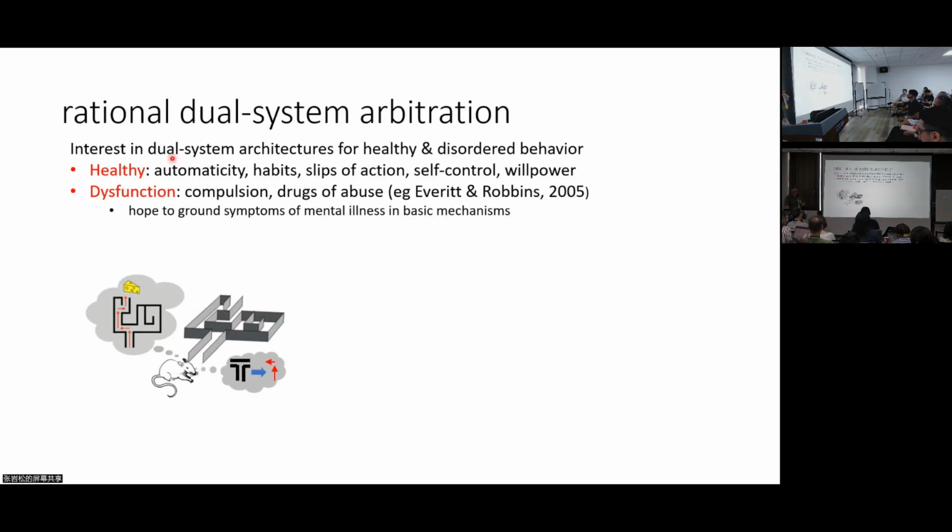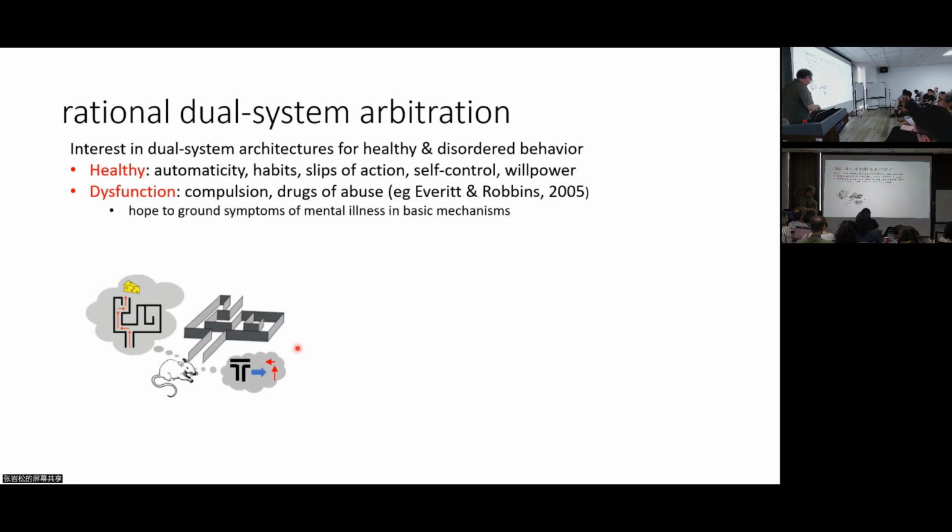The idea people have in mind is that in the healthy case, you have some kind of system that makes common behaviors automatic, freeing up cognitive resources. That gives rise to habits, but also these slips of action, and might be associated with self-control and willpower. And there's a program that particularly goes back to Everitt and Robbins, who were involved in these rat experiments on habits, trying to argue that this might be a foundation for